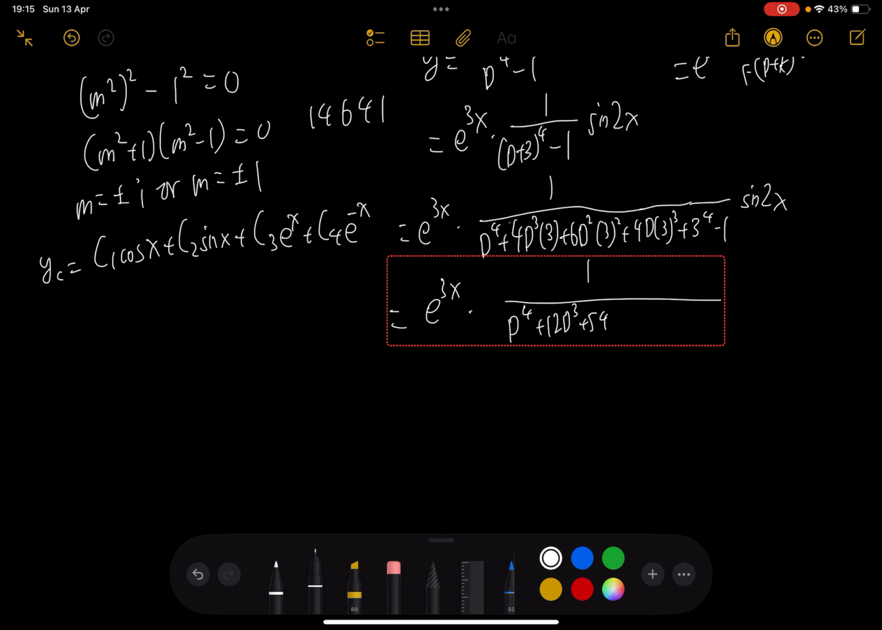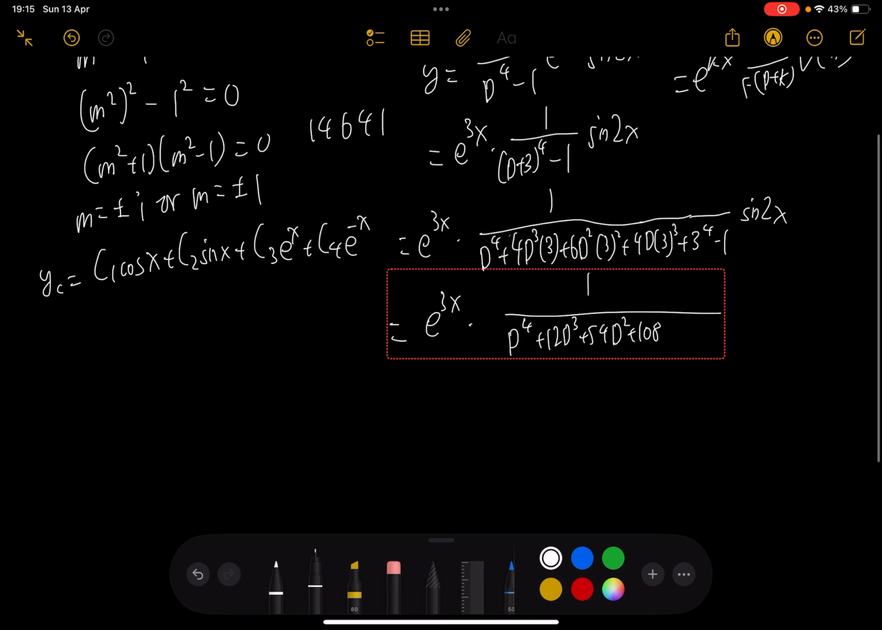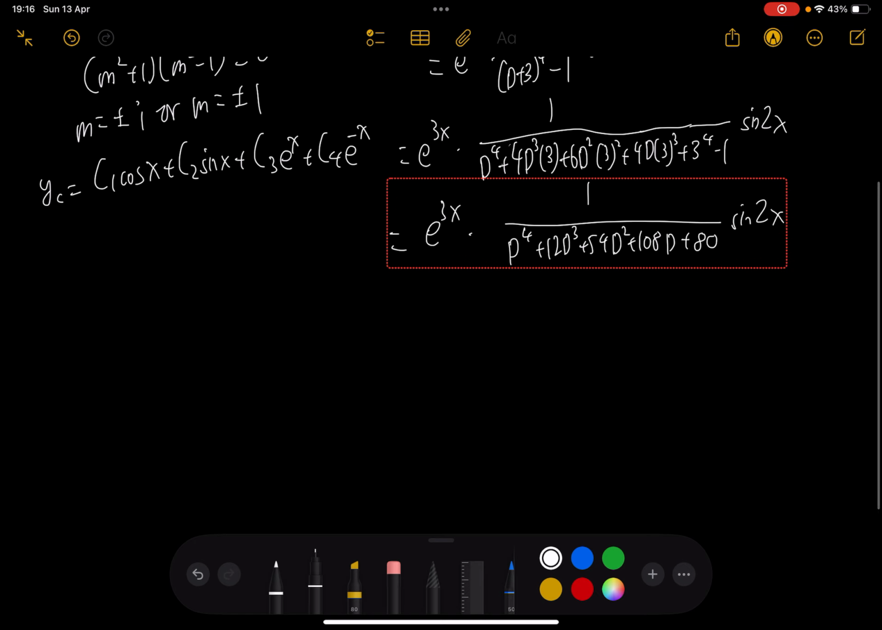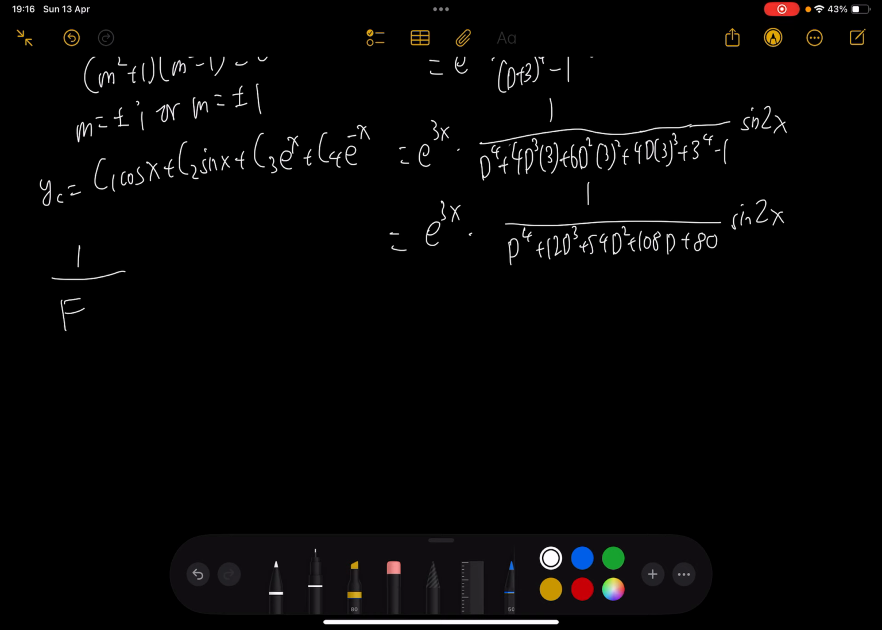So you're going to get 54 here times d squared, and then 4 times 3 cubed, which is positive 108, and then times d, and then 3 to the power 4 minus 1, which gives you plus 80, and then sine 2x. Whenever you have something like d squared times 1 over f of d times sine or cosine kx,